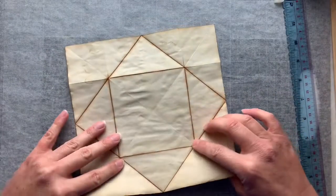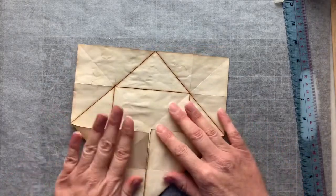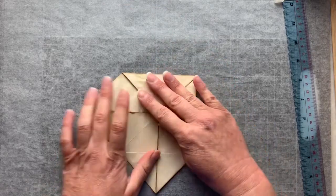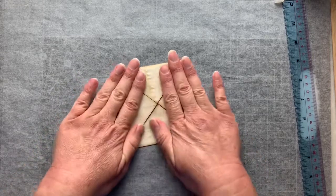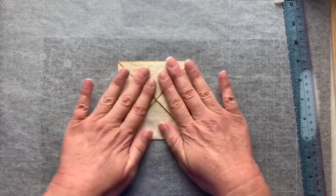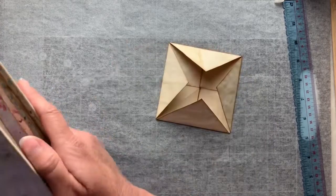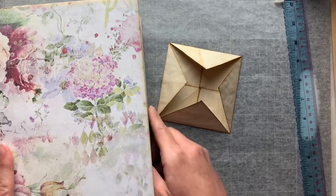Okay, so going back to our final shape, I need to decide what to put on the front. And I was thinking about using, so I have in this little ephemera folder, and I'm hoping you can see okay,